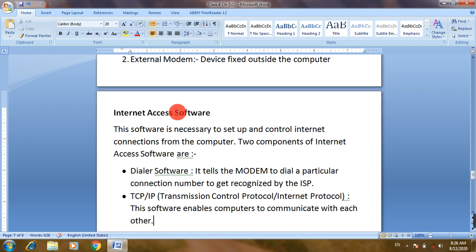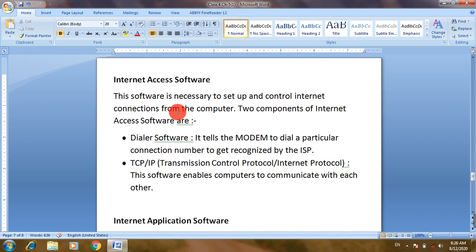Now, internet access software. We need two software in our computer to access the internet. The first software is dialer software. This software is only needed for dial-up connection.